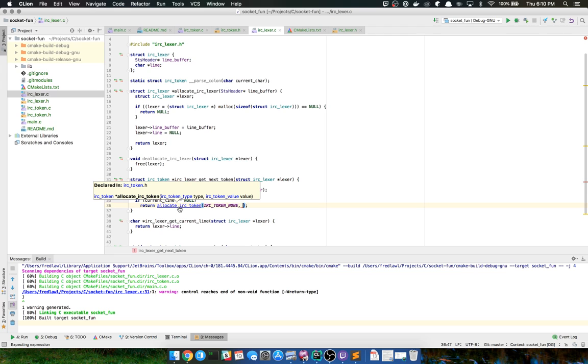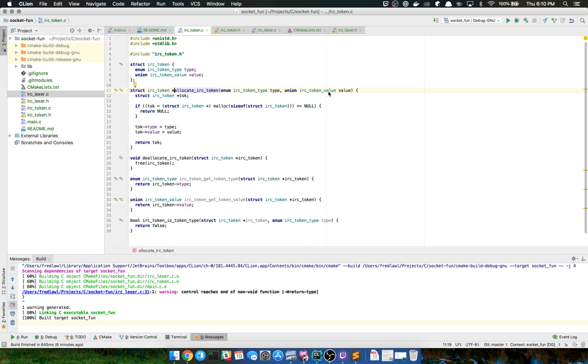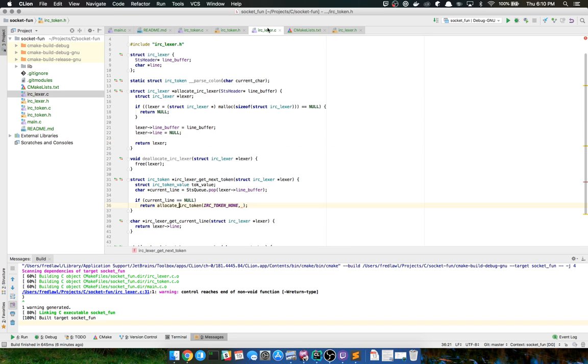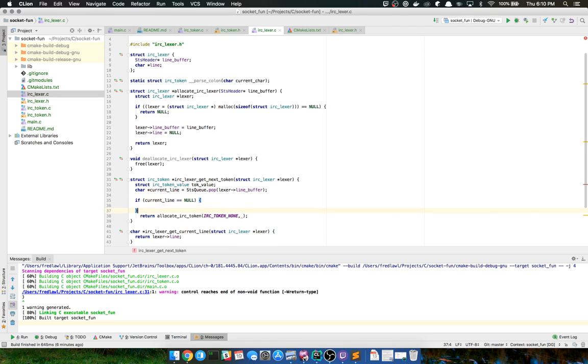Let's make sure I have that right. Yeah, token value. I don't have that as a pointer, so I'm just going to copy it in there, which is okay. In this case, I prefer that actually.